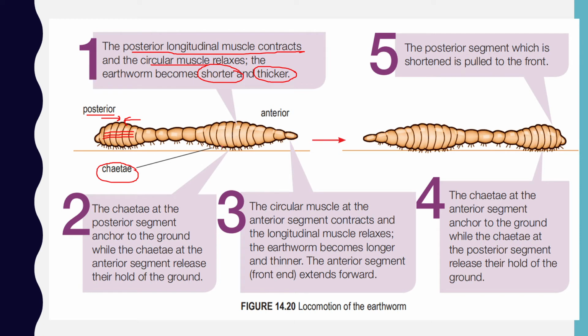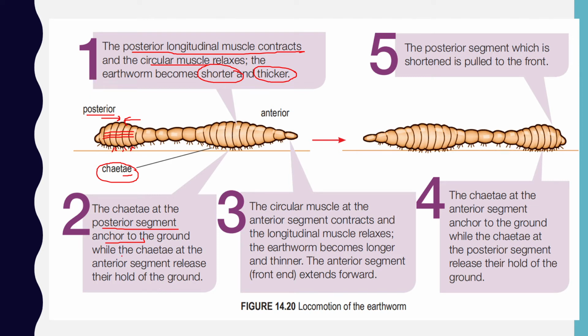Kite ini adalah bulu-bulu ini, bulu-bulu kita ini pada badan cacing. So along the body of these earthworms, you get to see kite, plural lah, banyak bulu-bulu ini. So we talk first about the posterior segment punya kite. This kite over here, the posterior segment, anchors to the ground. So that means it is now touching the ground lah. Okay, dia berada pada tanah itu, menyentuh permukaan.